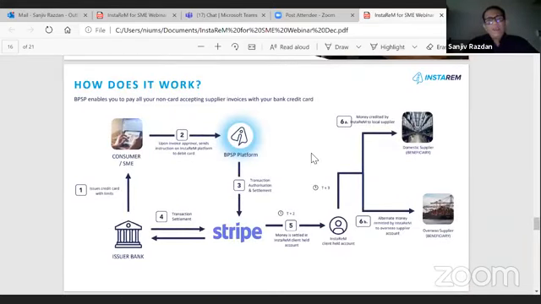How does it work? You just come on our platform and you can choose to use credit card instead of fund by account. And when you use the credit card, we will take an authorization from your bank because if the credit limit is okay, the bank will give us approval, and then we will make a payment to